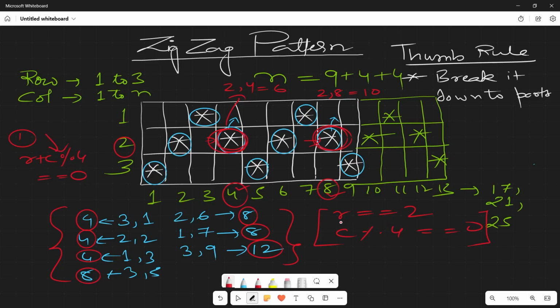So for the first case, the row and column values are divisible by 4 when we add them. For the second case, the row is equal to 2 and the column is actually divisible by 4. See, 4 and 8, they are divisible by 4. So this can be my second case and we can easily solve this with this approach. Got it? And this will actually work for any value of n here. If you see here, 2 comma 10 is 12, then this one is 1 comma 11, 12, and then this one becomes